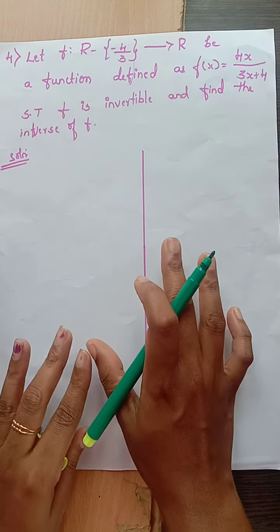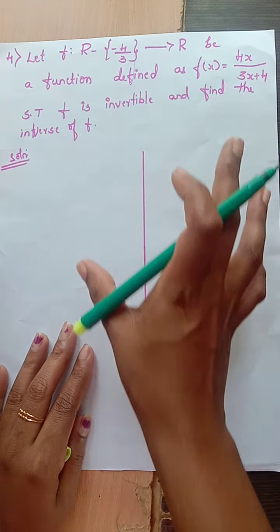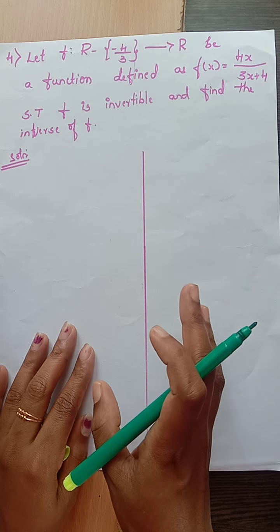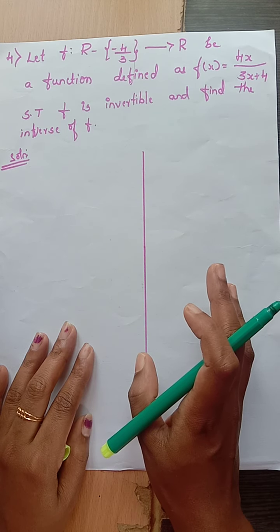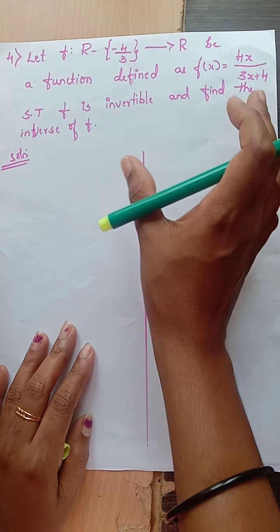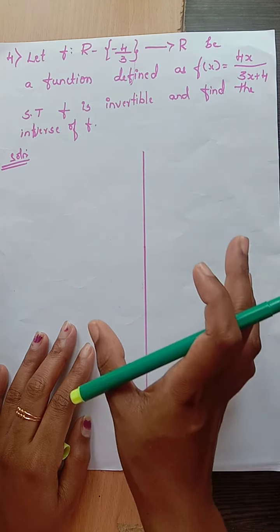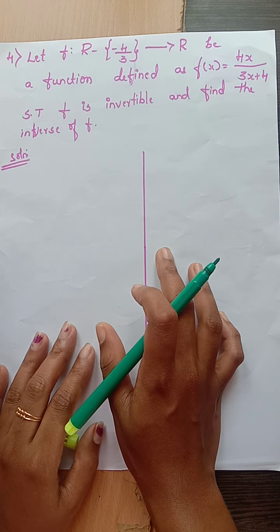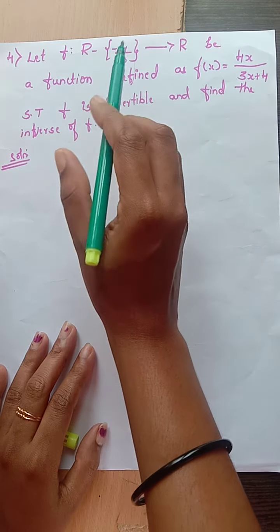Okay, so today we'll discuss one more problem. This completes this part of this chapter. One more topic is remaining, that is binary operation, which will continue in the next week. I want you to be very sure about this part, because as I told you earlier, this is very important. So what is today's question?